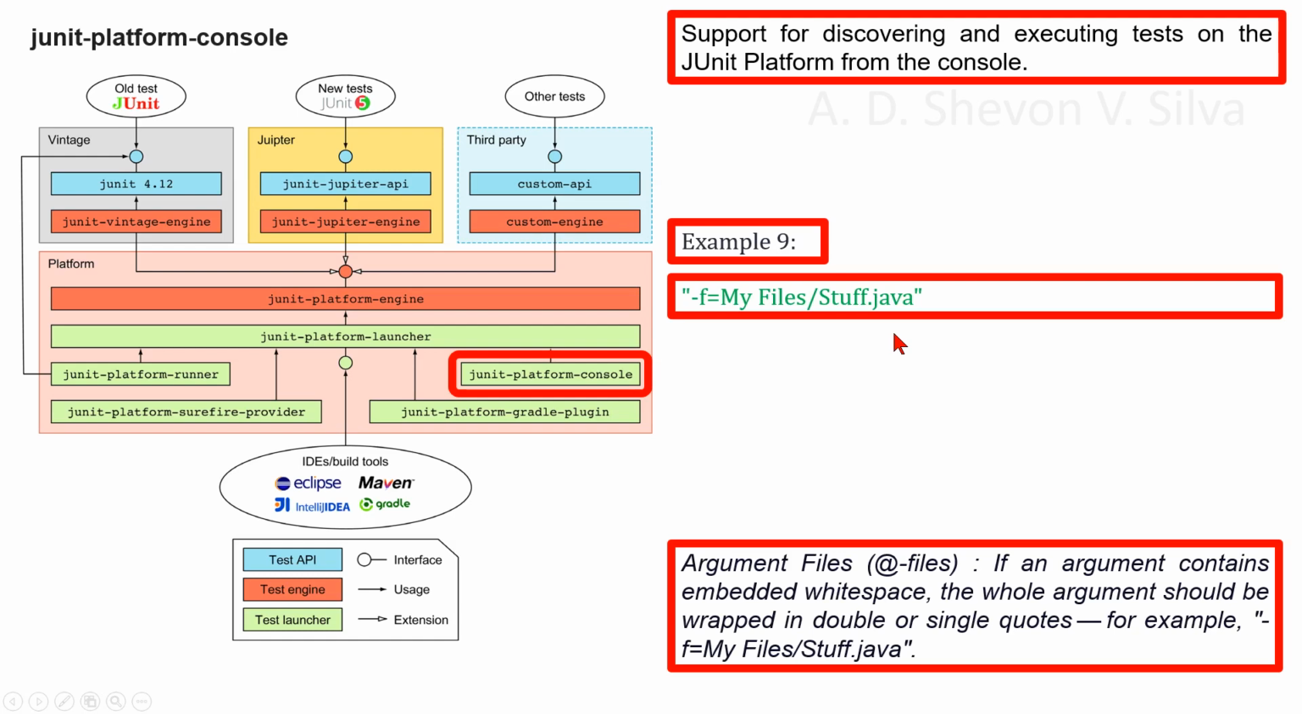Since version 1.3, the console launcher supports argument files, also known as @-files. Argument files are files that themselves contain arguments to be passed to the command. When the underlying Picocli command line parser encounters an argument beginning with the character @, it expands the content of the file into the argument list. Arguments within a file can be separated by spaces or new lines. If an argument contains embedded white space, the whole argument should be wrapped in double or single quotes, for example,